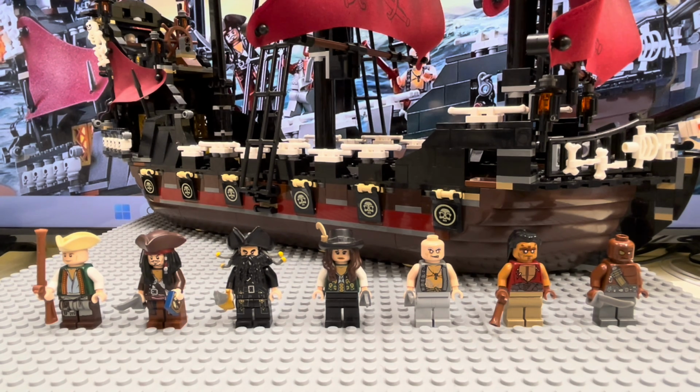Then next to Blackbeard, we have Angelica. Now she is unique to this set and valued at around $91.72. So almost a quarter of the price I paid for this set, this one minifigure is worth, which is absolutely insane. And the guy at the place where I actually got the set from told me that the little